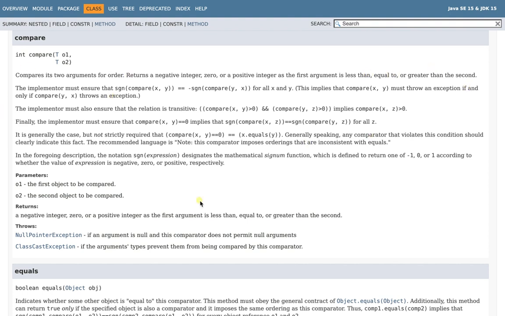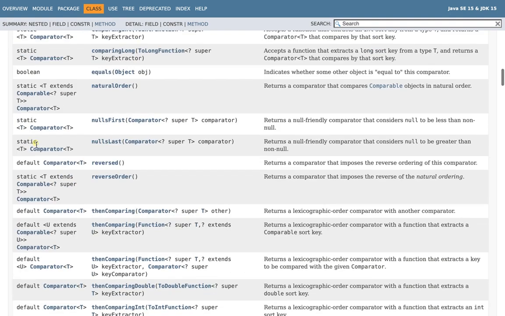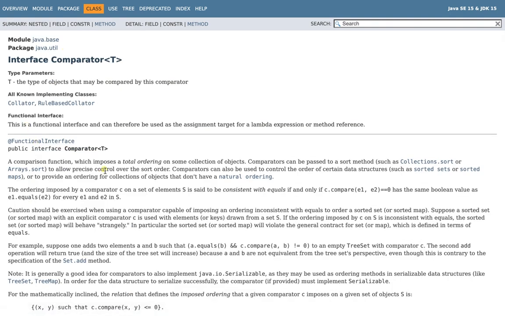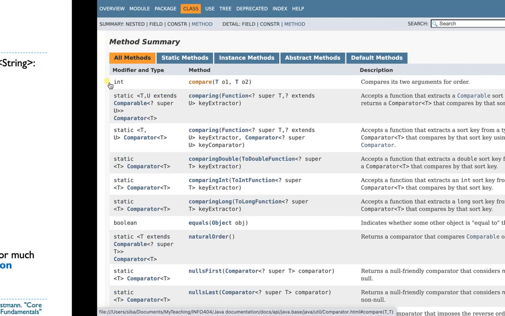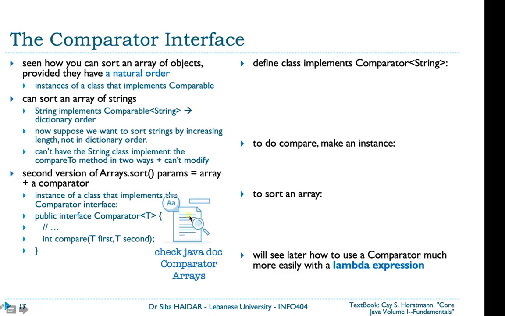And you can continue reading in order to see what the compare contract is and how to follow the recommendation of the compare contract. And when we take the generics chapter, you will understand why Comparator is typed and what the use of the type parameter inside compare is. But for now, we will see the